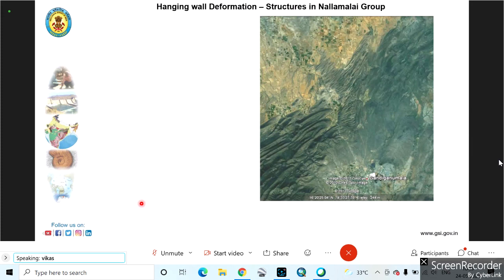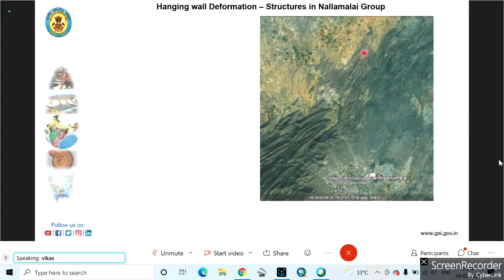We had already said that a fold closure on the surface of the earth or on the map defines plunging folds. So before going to the field itself, I have an idea that I am going to see some plunging folds, plunging in the northeast or southwest direction. If you already have this sort of idea, notice the V-shaped pattern in the central part of this Google image, which I said is a different quartzite, but this is also quartzite.